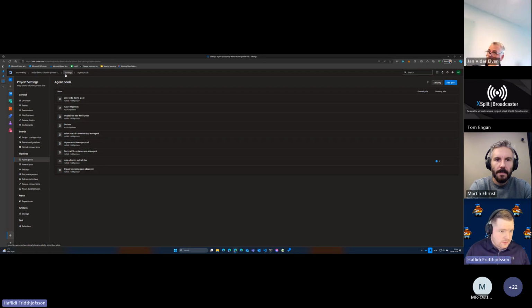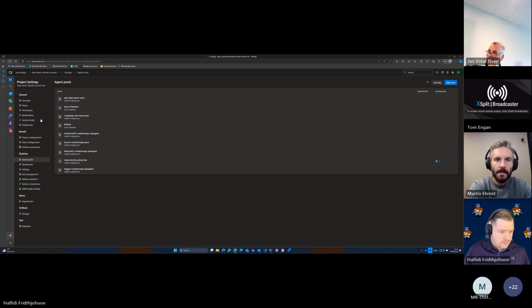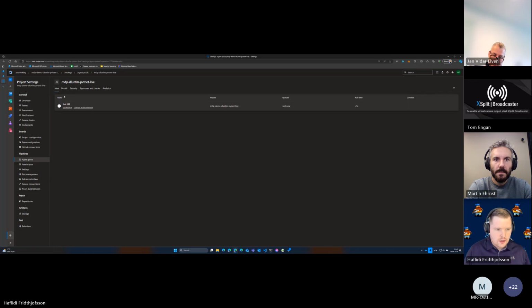Oh, I lost it right now. See. Yeah, here it is. So basically, it has another icon here. It doesn't have the same icon as most of the self-hosted agents or self-hosted pools, as this is a self-hosted pool. But then you have the Azure Pipelines, which has this cloud icon here, and you have the same cloud icon here for the Managed DevOps Pools. Now I can see